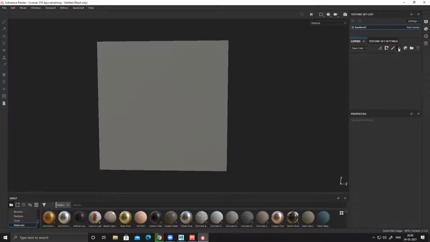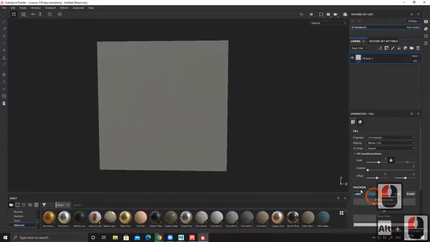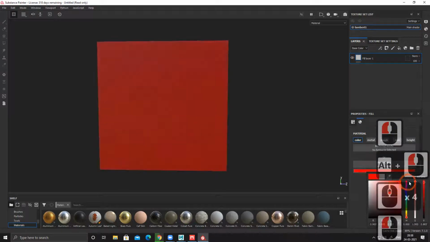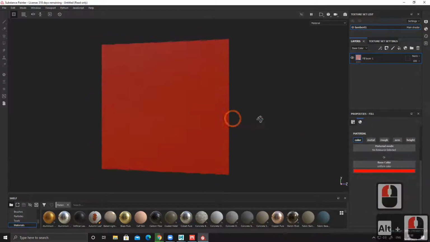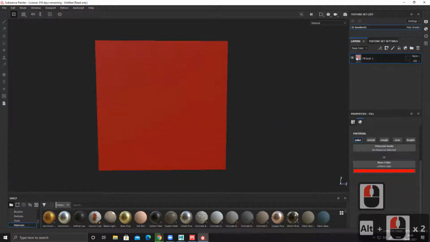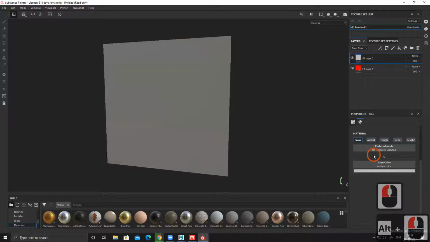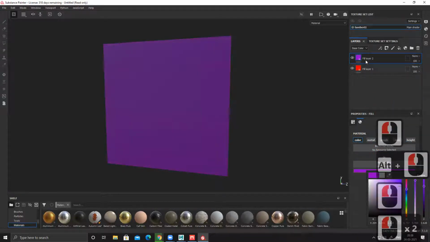So first layer, alt click on color, only color is visible. Let's add some color, red, right? This is my red. I'll just fill full red to everything, the entire thing. If I want, I can mask it out, but that's not required. The rest everything I'll create on top of it. Then one more layer, only color, and let's make this blue violet something.